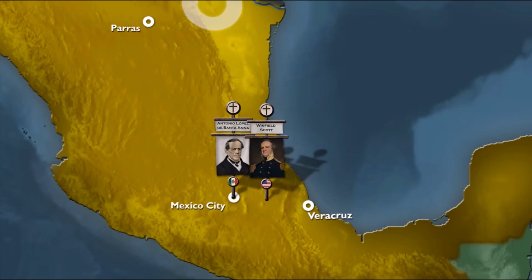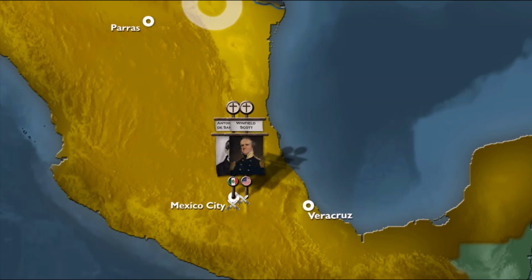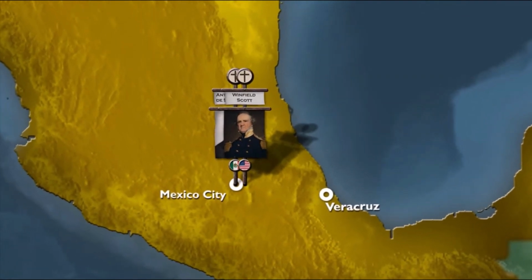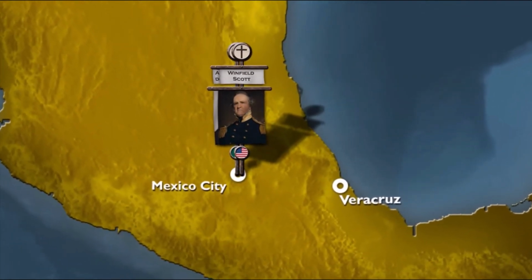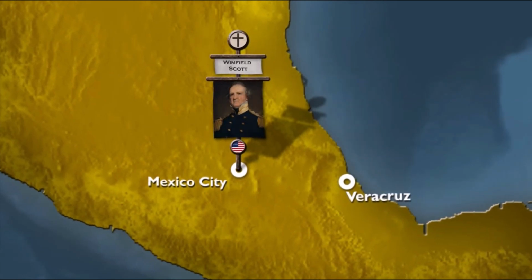The capital was approached by a series of battles around the right flank of the city defenses. After the American victories at the Battle of Contreras and Battle of Churubusco, peace negotiations started, which broke down on September 6, 1847. With the subsequent battles of Molino del Rey and Chapultepec, and the storming of the city gates, the capital was occupied. Scott became military governor of occupied Mexico City. His victories in this campaign made him an American national hero.